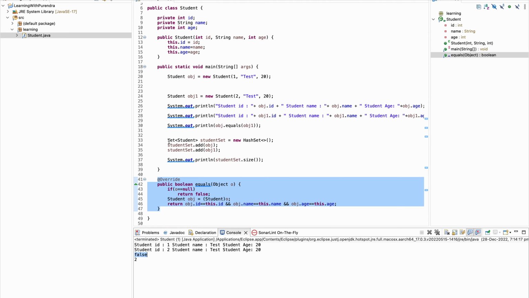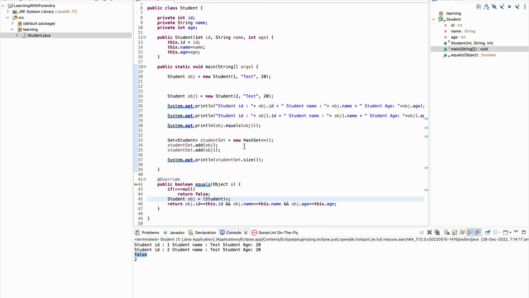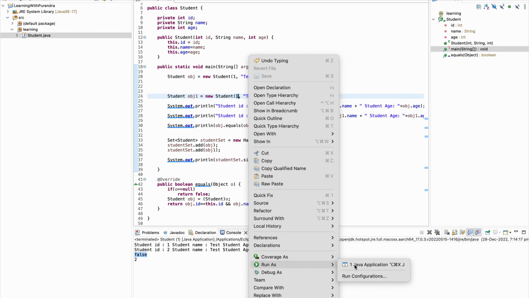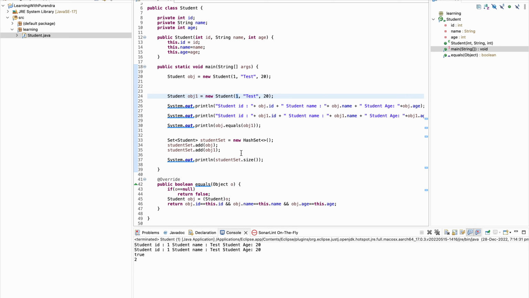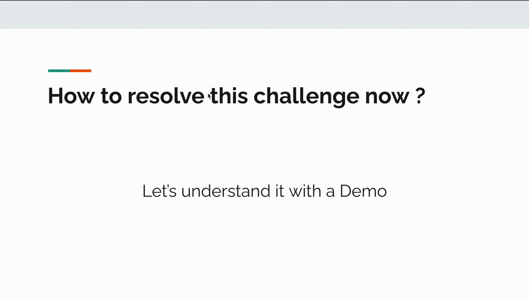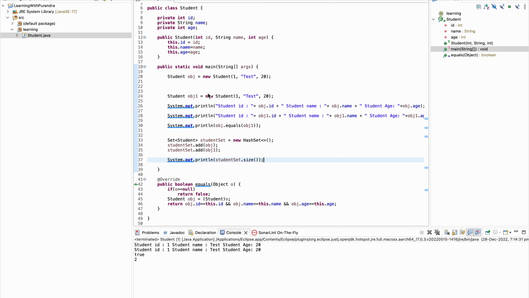That's why it has added two values. But why is it now adding two values when the values are the same for the student object? How to resolve this collection challenge, where duplicate values are not allowed and the values are duplicate?